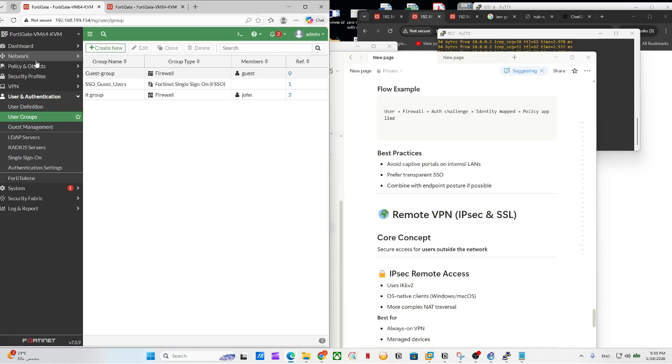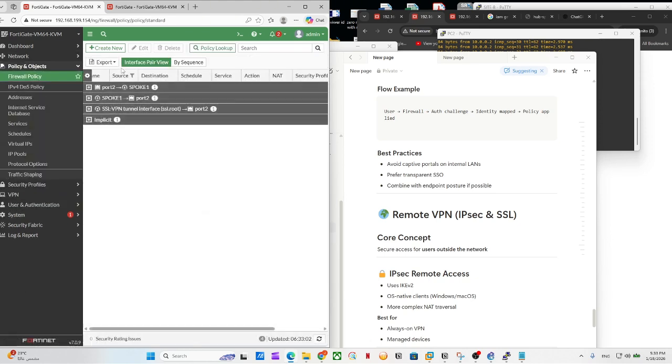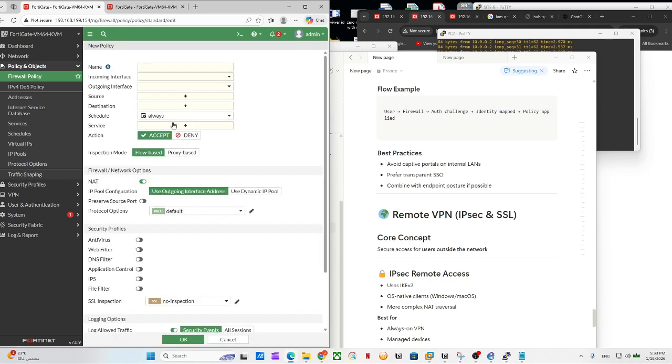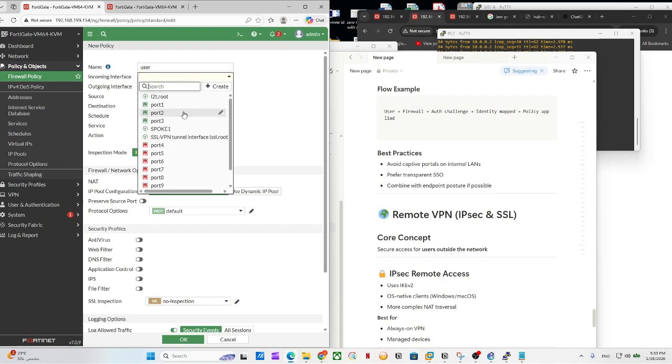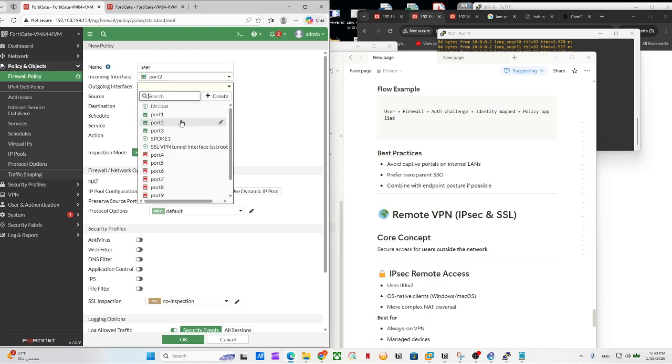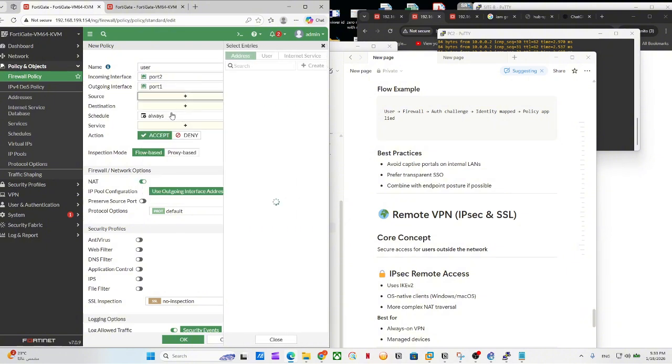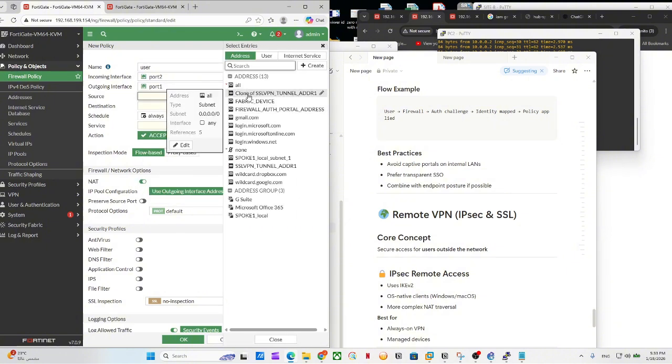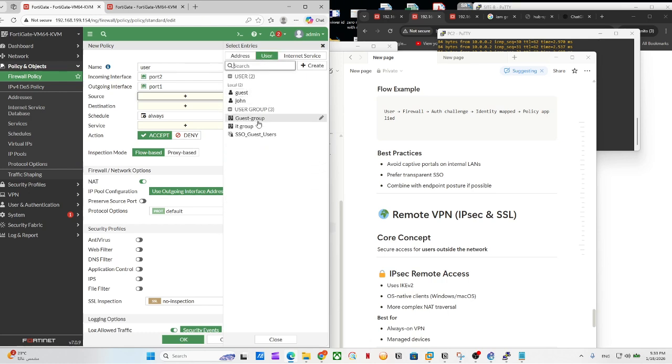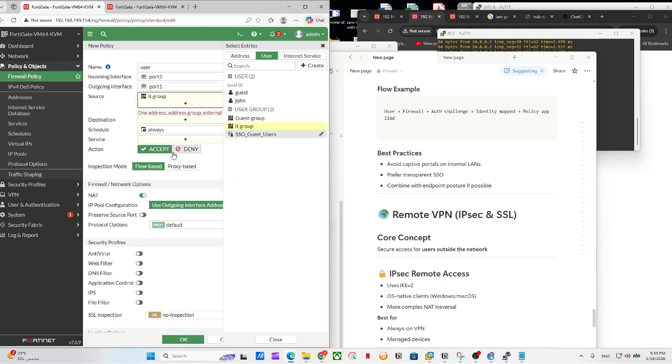I can create a policy here. Let's say any traffic that's coming from interface 2 going outside from the LAN, I can choose the source. Instead of specifying the IP address, I can say, for example, the IT group,